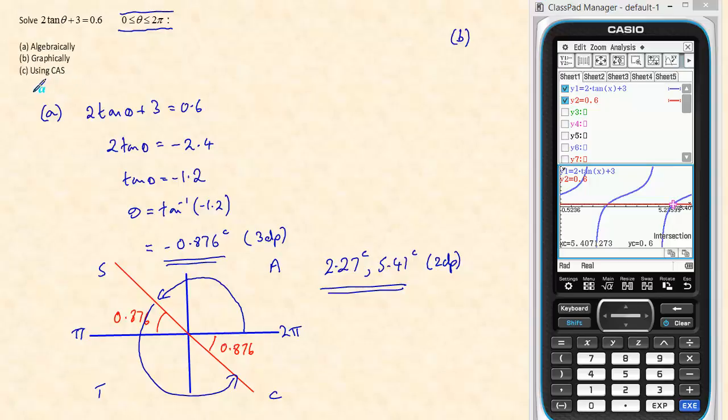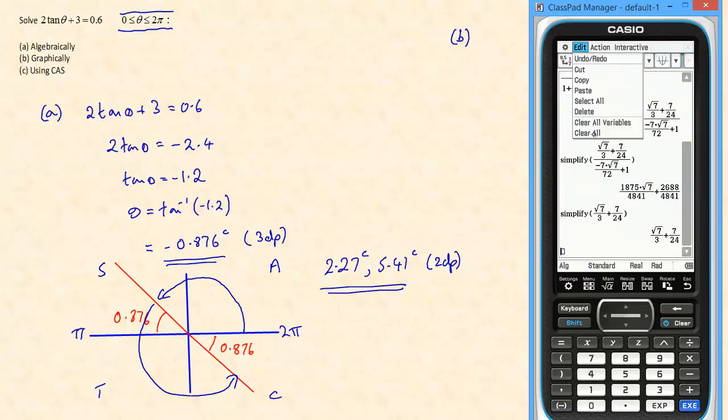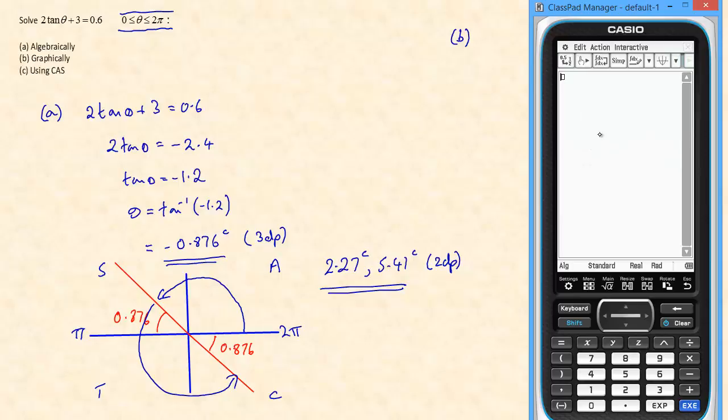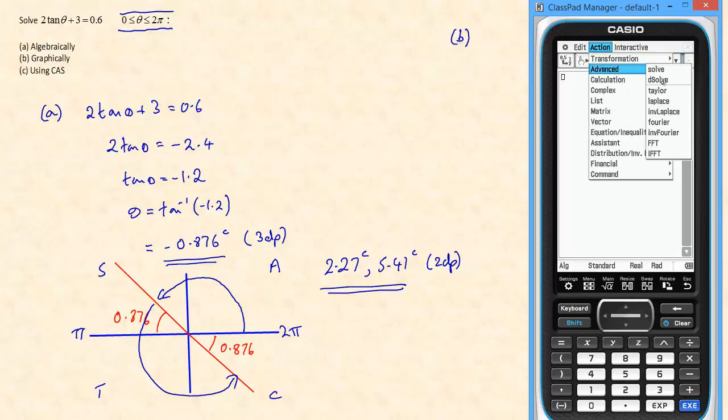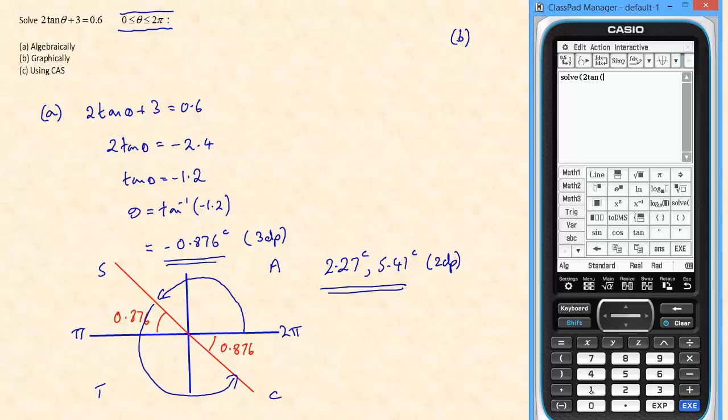Now for part C, using CAS, that just means to solve here in main. Let's just clear everything up. So action, advanced, solve, and we have 2 tan x. Just check I'm still in radian mode. Yes, I am. Probably going to want decimal though. 2 tan x add 3 is equal to 0.6,